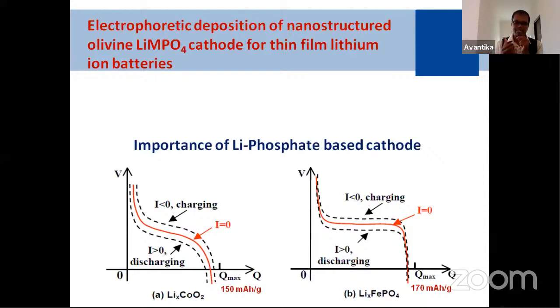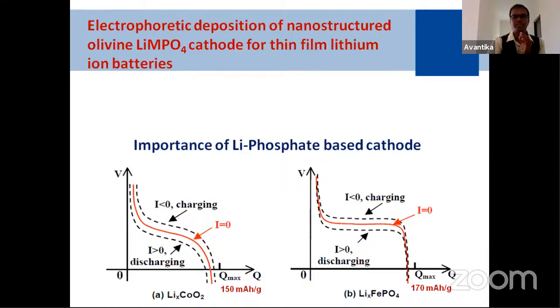So that is the reason. Nowadays, we use our battery for nearly 1 hour to a maximum of 2 days, 1 day to a maximum of 2 days, depending on our usage. Because of the nature of lithium iron phosphate, it gives the plateau region so that the discharging rate becomes less. This is a greater advantage compared to the oxide-based material.